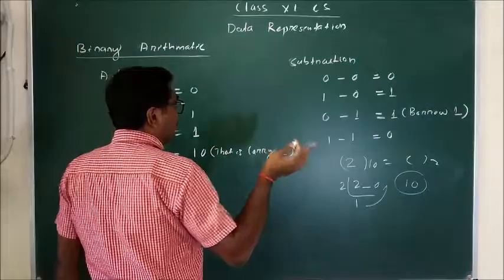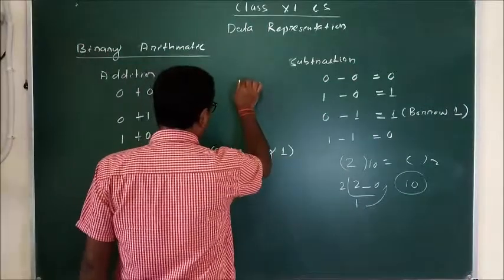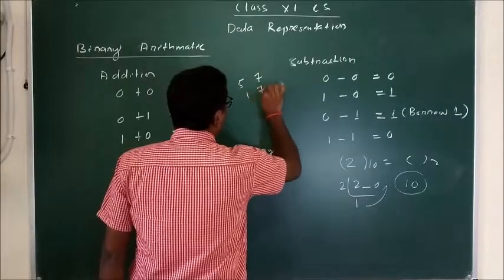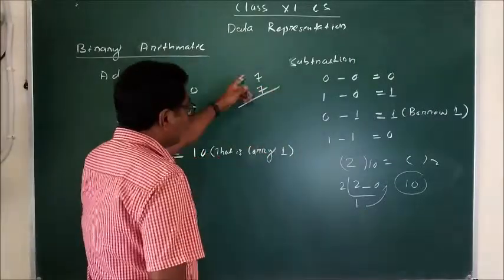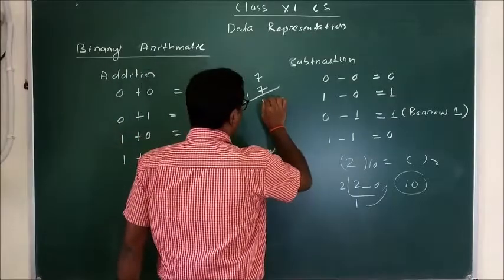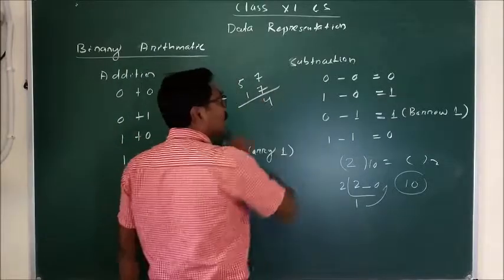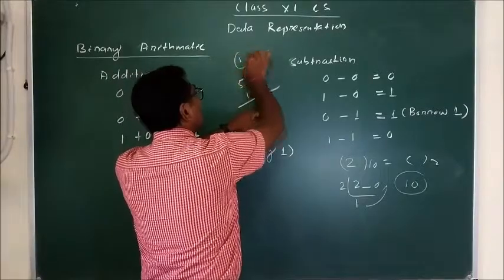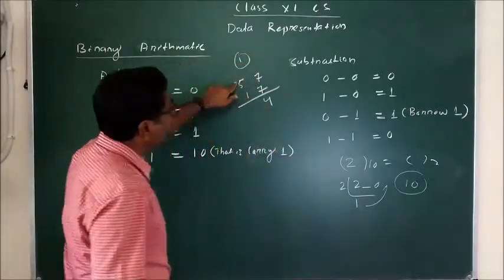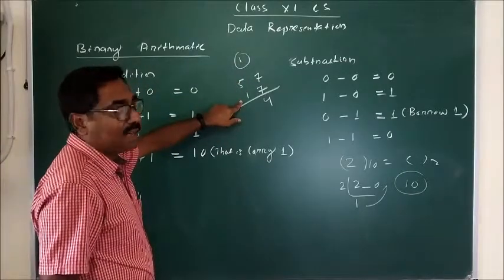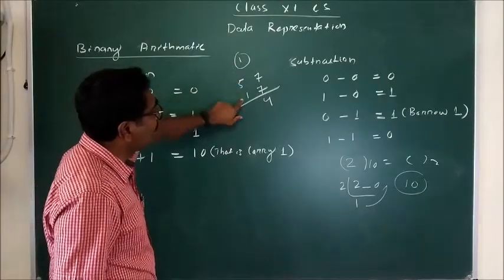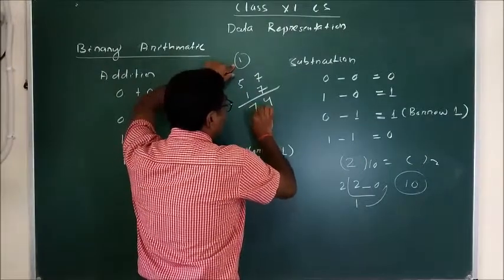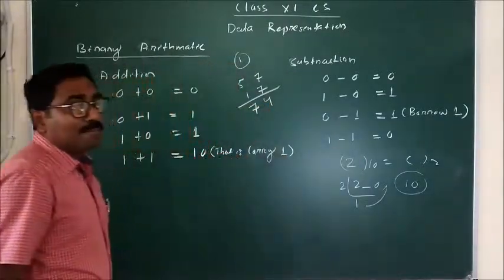Suppose I am adding a normal addition, that is 57 plus 70. Then what happened? This is 7 plus 0, 7. Then 5 plus 7 is 14. So in place of 14 we are taking 4 only, and we are taking 1 as the carry bit which will be added with the next digit. That means now the result is 5 plus 1 plus this carry 1, that is 7. The result is now 74.